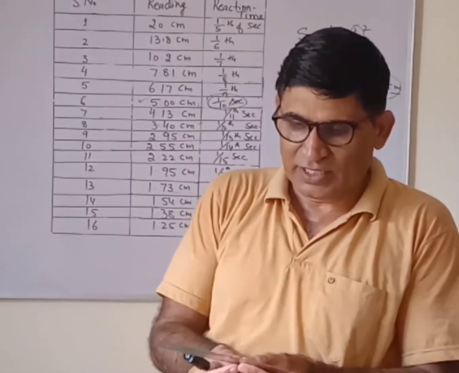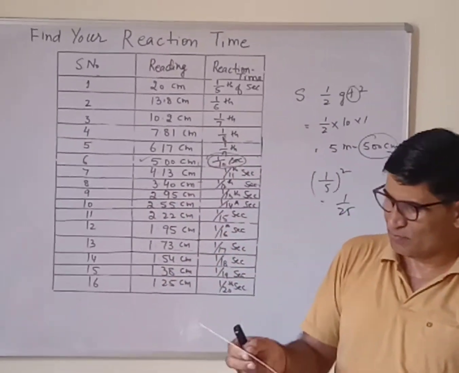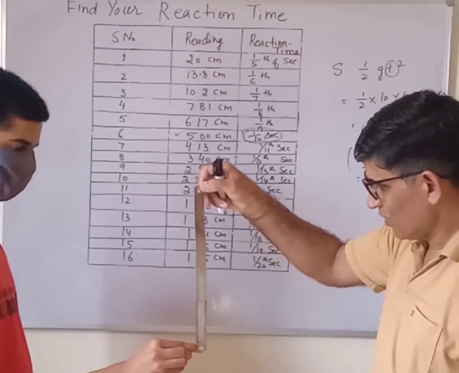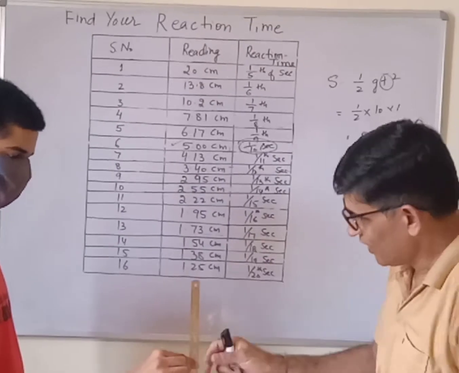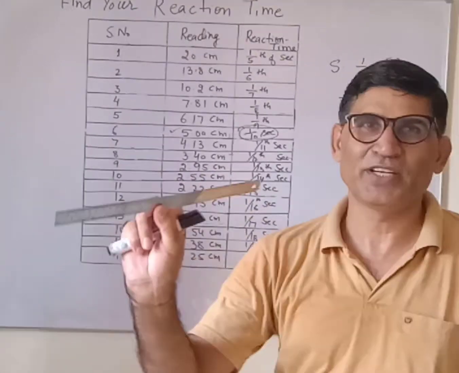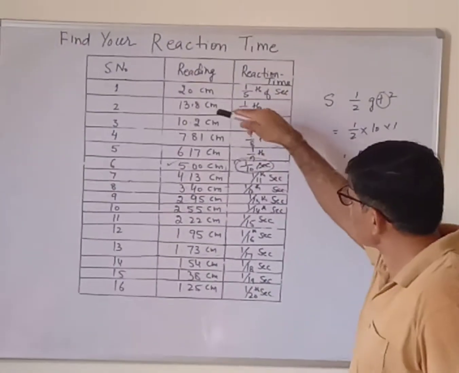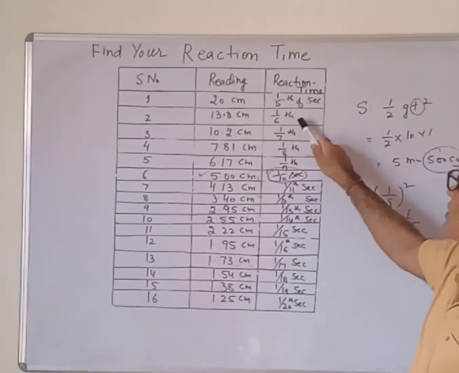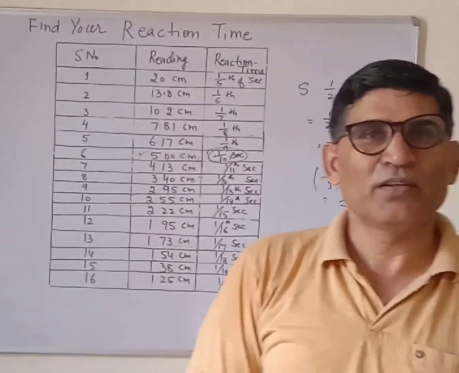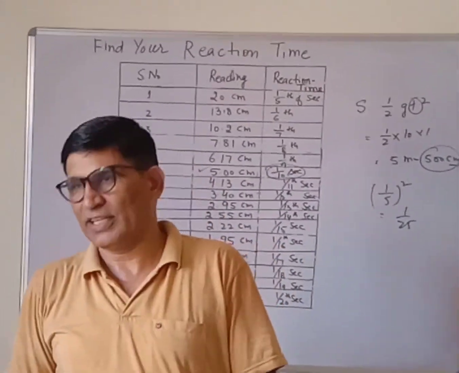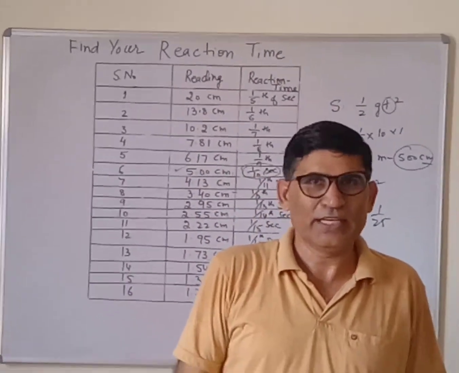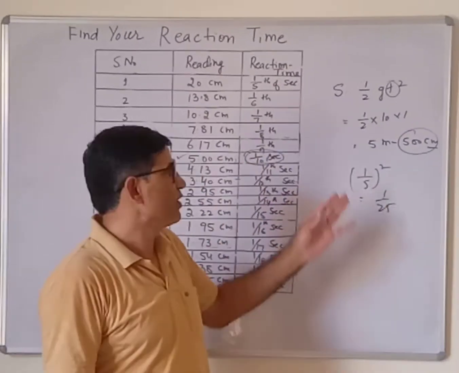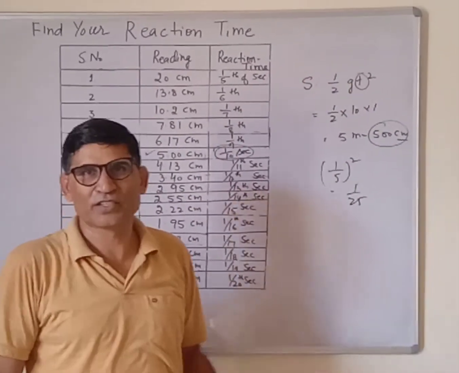Okay, I am giving you one more chance. Please come again. You can decrease your reaction time. Ready? Okay, this time it is less. It is 15 centimeter this time. Where does 15 centimeter lie in this table? Between 20 and 5, nearly 1/6 of a second. Our perception of vision is 1/16 of a second. So in this way we can calculate reaction time, and the basic theory behind it is Newton's law, the equation of motion half gt square. Thank you very much.